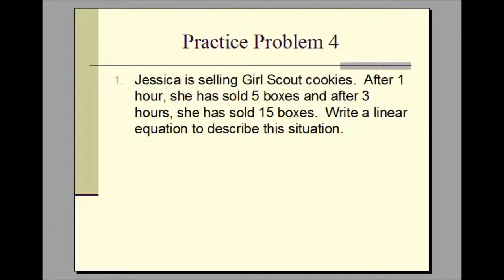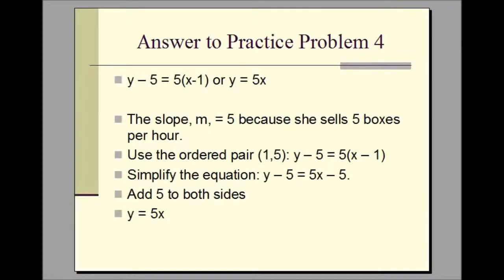Practice problem 4. Jessica is selling Girl Scout cookies. After 1 hour, she has sold 5 boxes, and after 3 hours, she has sold 15 boxes. Write a linear equation to describe this situation. In point-slope form, the answer is y minus 5 equals 5 times (x minus 1), or in slope-intercept form, it's